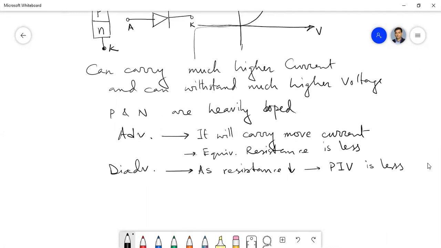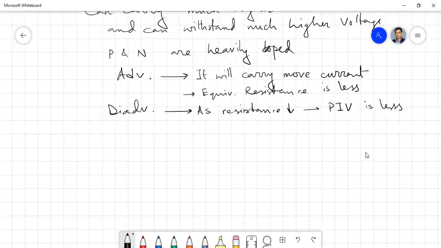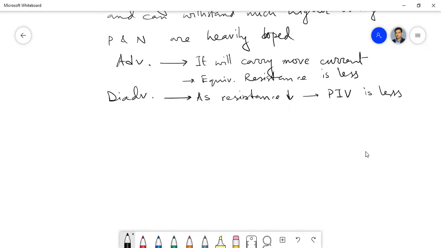Now, what is the way out? How to increase the peak inverse voltage? For that, what we do is we use two layers of N substrate instead of one. So that means